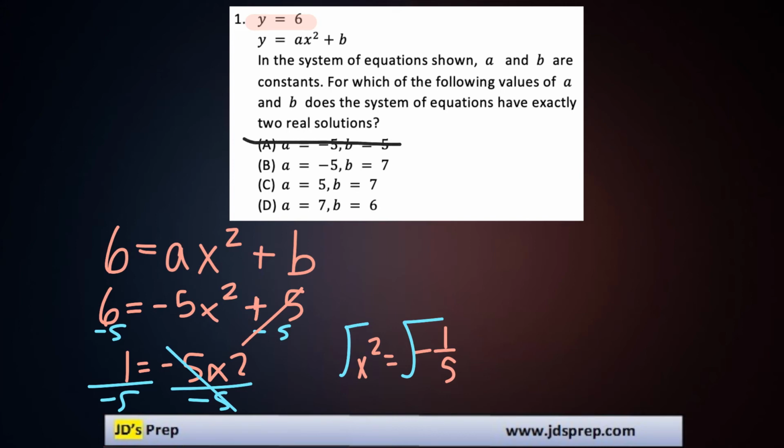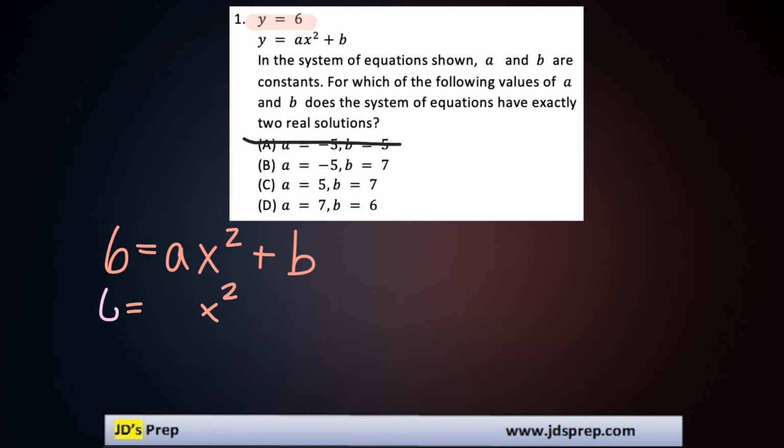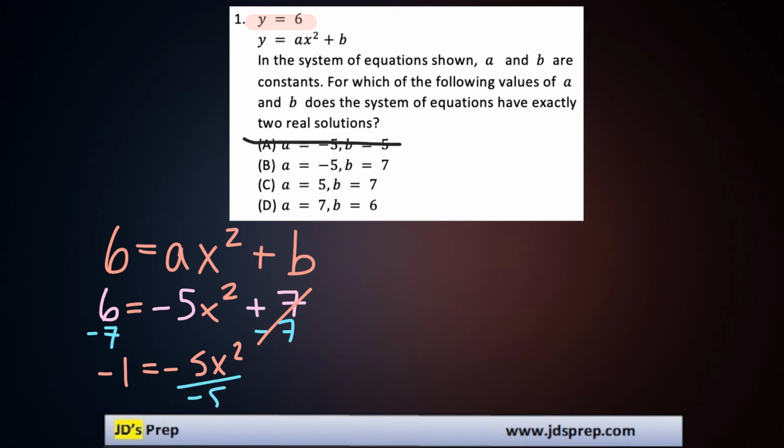That one is incorrect. Now let's try out option B, which states that A has a value of -5 and B has a value of +7. This time, when we solve for x squared, we'll start by taking away 7 from both sides, which means we'd have -1 equals -5x squared. And if we divide both sides by -5, we would then have x squared is equal to